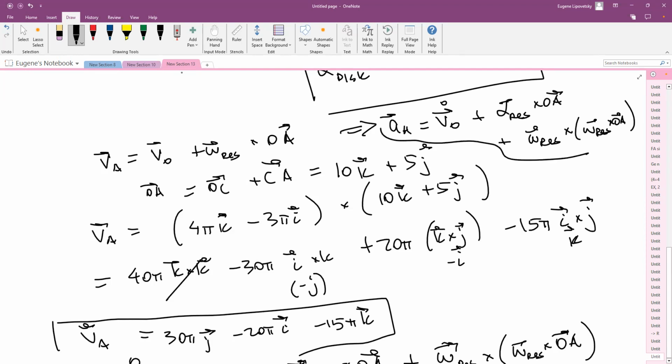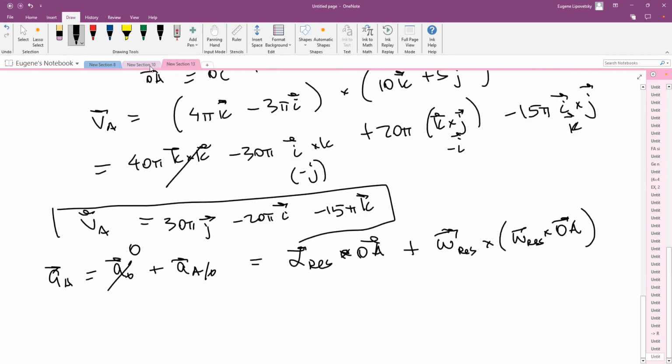That's the equation that we're going to use now, and V naught equals 0. Okay. And this will be